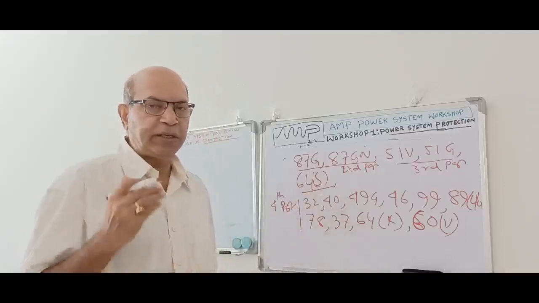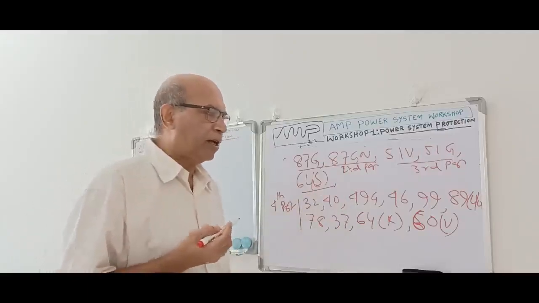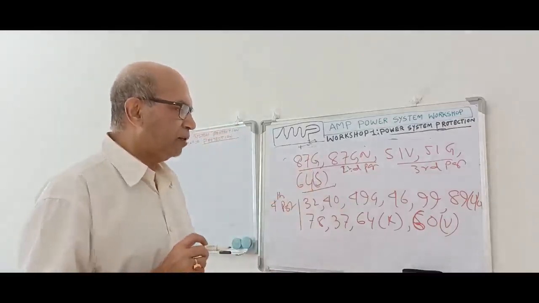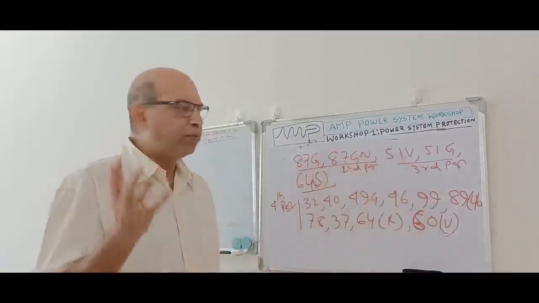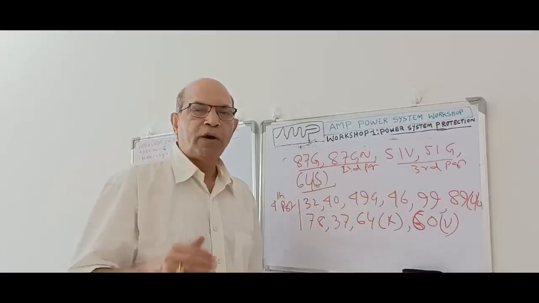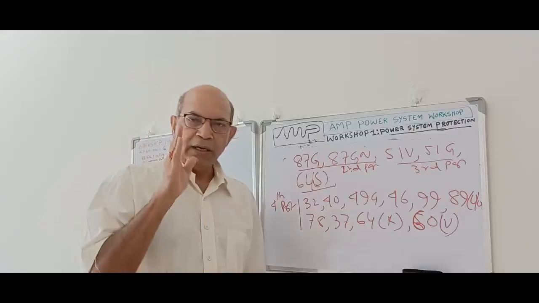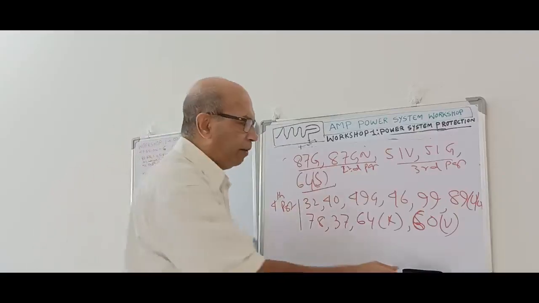We have discussed in detail why each protection function is required and what the consequences are if it is not there. Now we will see, out of all these protection functions, which protection function we should apply for which type of machine. We will discuss that in terms of two things. One is the size of the machine, and we will classify the size of the machine into 4 different groups.